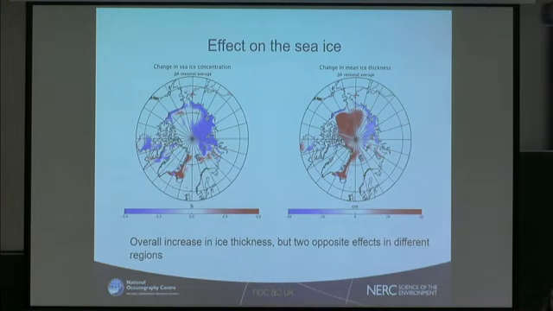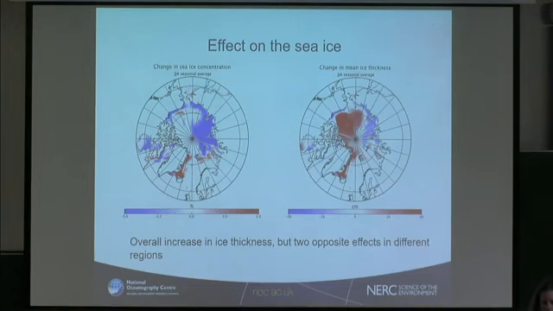So let's go to what actually the effect is on sea ice, which is the more interesting part. This plot or slide shows the sea ice concentration and sea ice thickness. You see that the effect is quite distinct in distinct regions of the Arctic. Especially if you look at sea ice thickness, you can see that in the eastern Arctic, close to Siberia, there's a decrease in sea ice thickness, while at the other side, overseas, there's quite an increase in sea ice thickness. So the change is between 5 and 10% of the thickness that was there already.